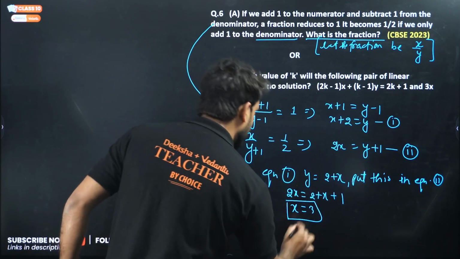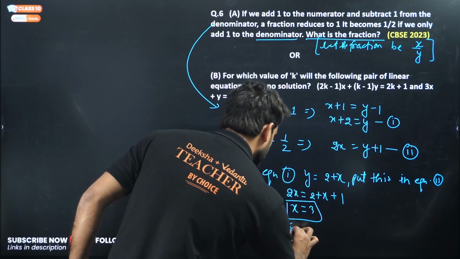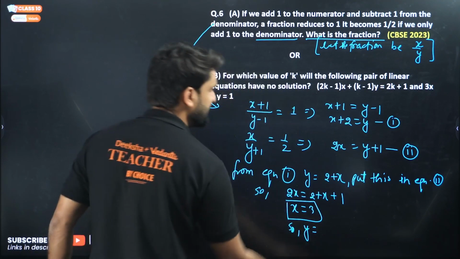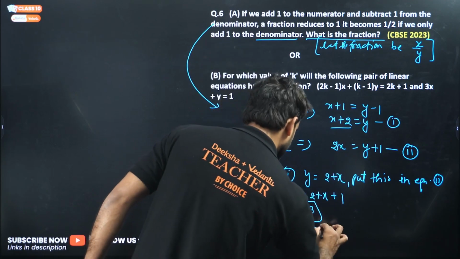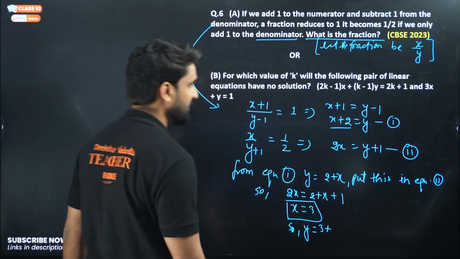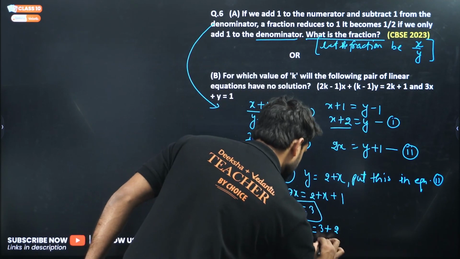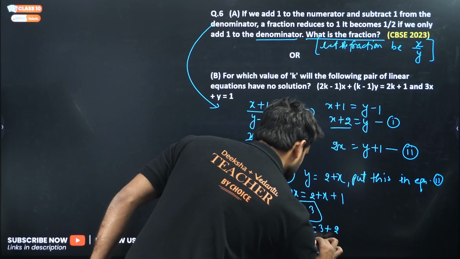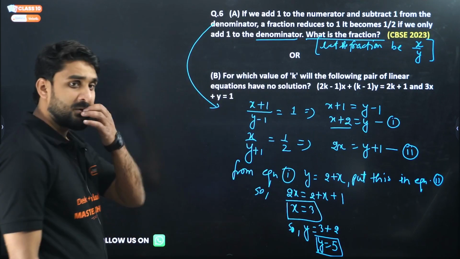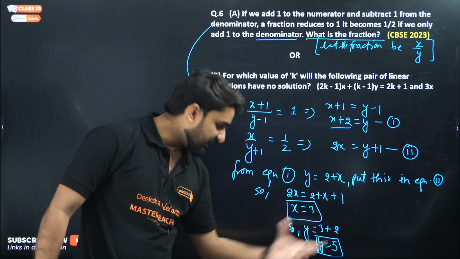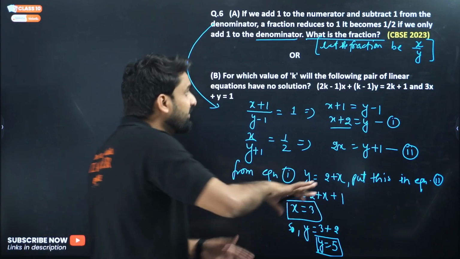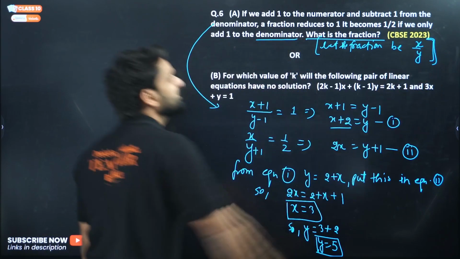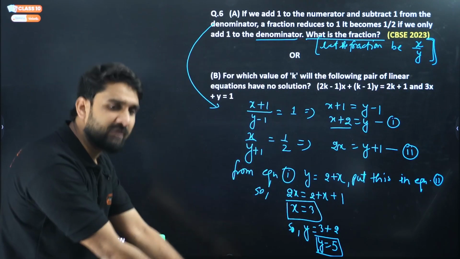So what will be y? y will be x plus 2, and x is 3, and this is 2. So this is equal to what? It has become 5. Okay, so we have x equals 3 and y equals 5. So what will be the fraction? The fraction was assumed as x by y. So the fraction is,